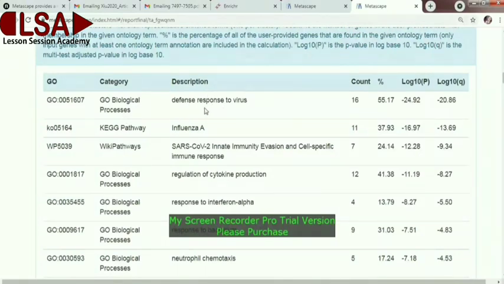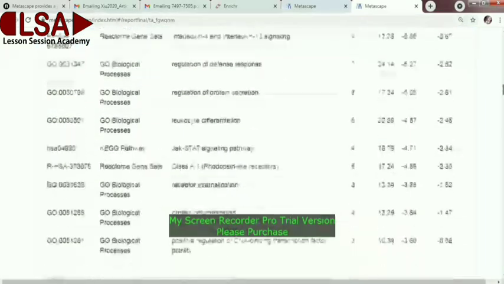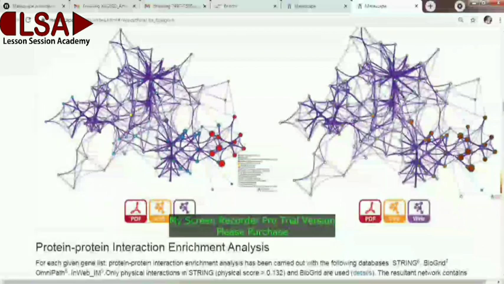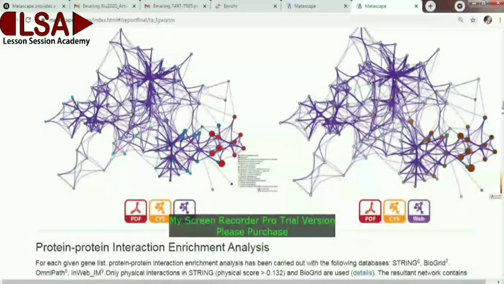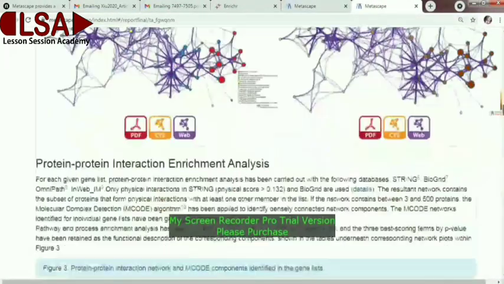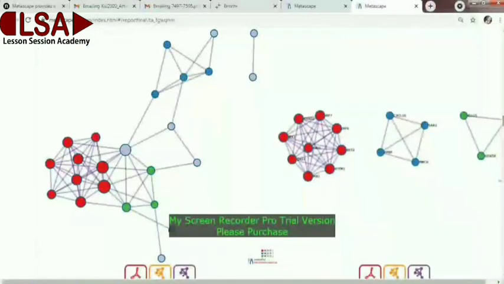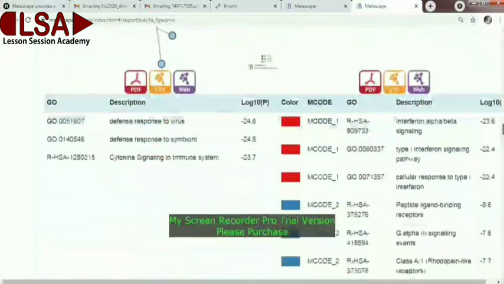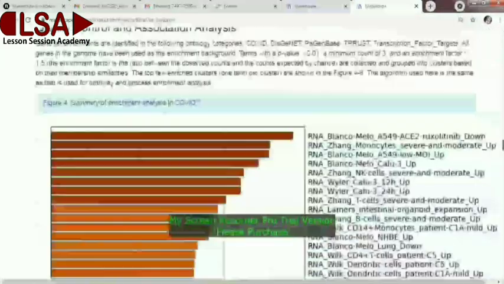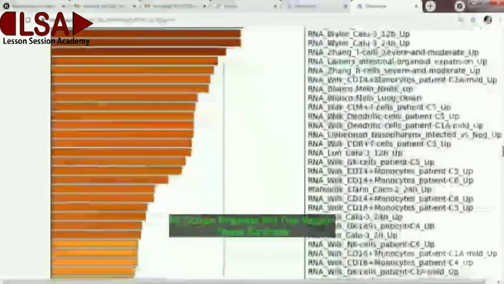And this is the pathway related to biological process and count, and here is the log p value, log q value, and this is the network graph, which is also the same as in the custom analysis. And protein interaction and different analyses, we have seen these also. So this is the overall output analysis you can use according to your interest.